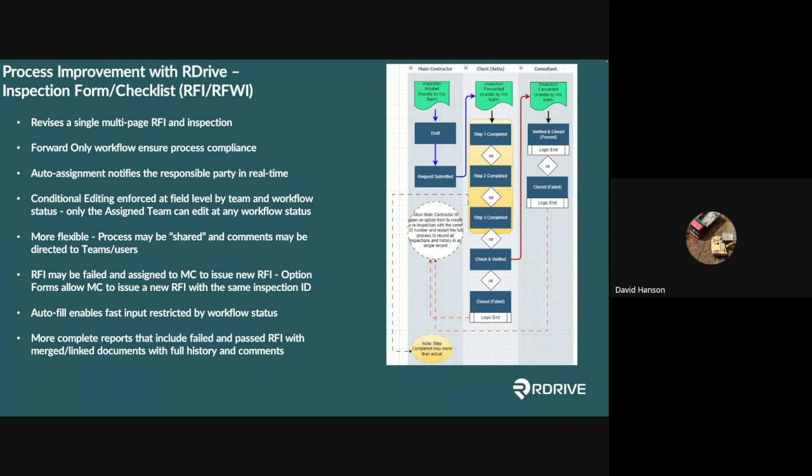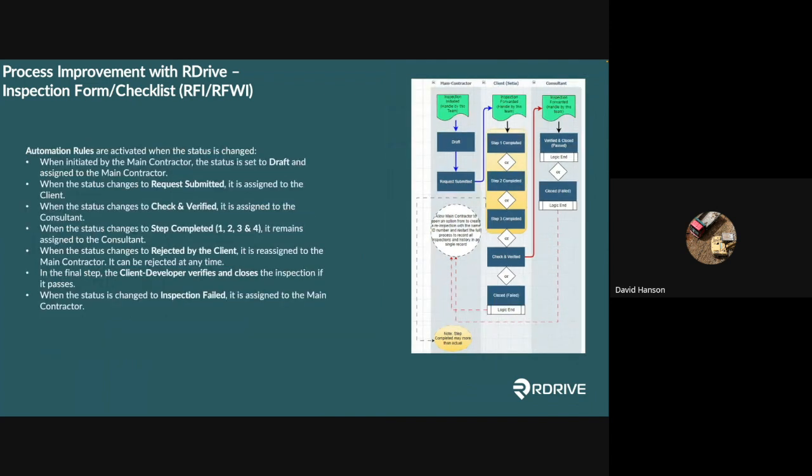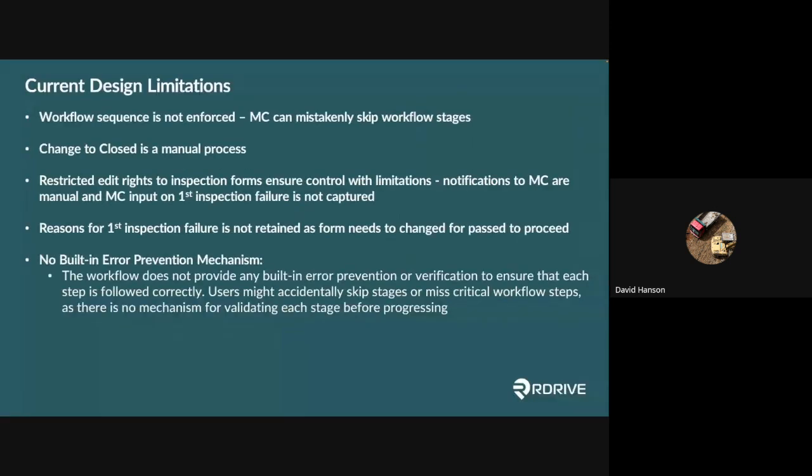We showed that the process can be shared with two people who aren't part of the team, and they can see but not edit, and they can make their comments back. We also showed autofill and pre-fill. What we haven't shown, and could show separately, is the reporting. But essentially, these are the design limitations that we're going to overcome